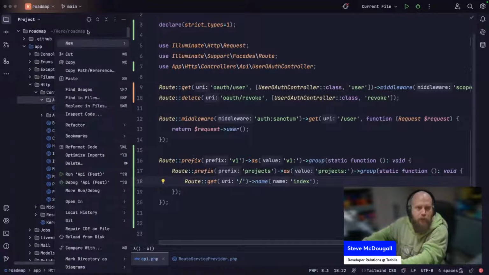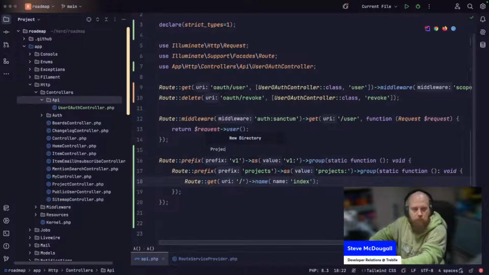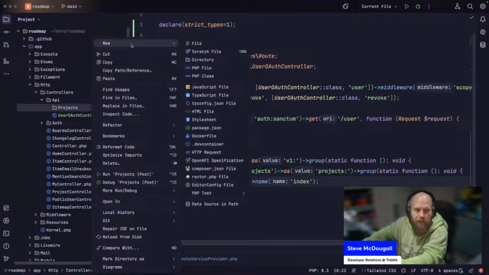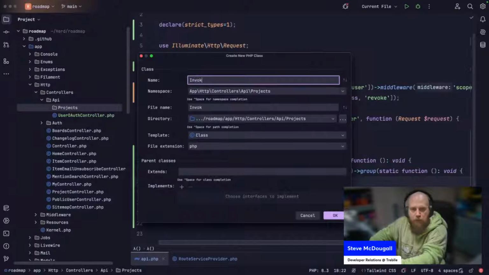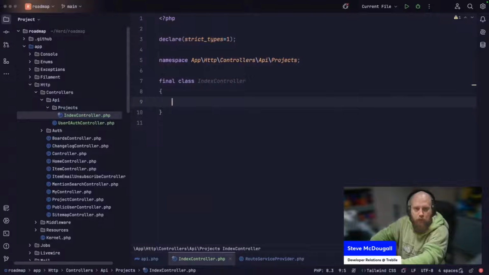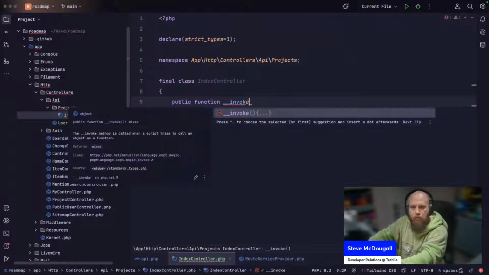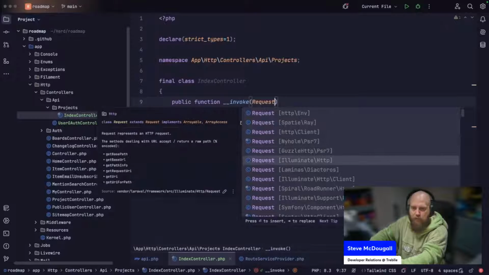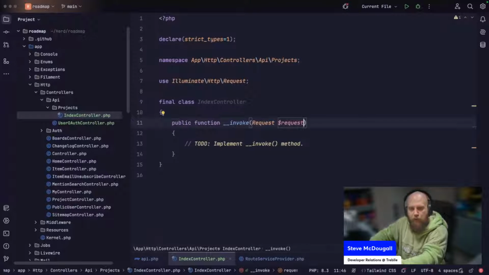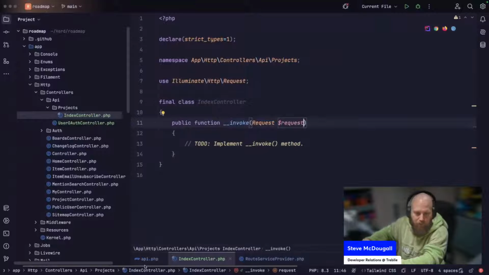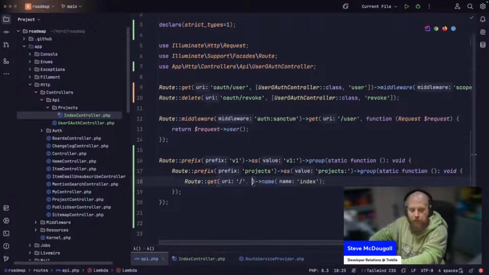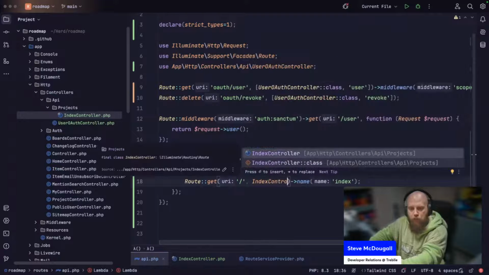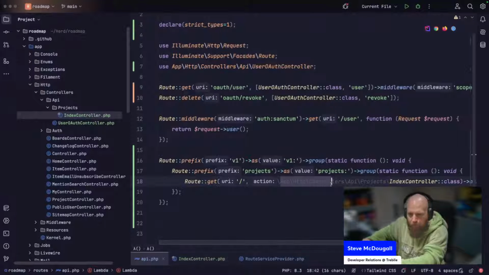So I'm going to create a new projects directory, and we're just going to add an invocable controller in here. So index controller. We're going to say public function invoke, and this will accept a request, and it will return something soon. But first off, I want to say index controller. And I just want to pull in, actually,